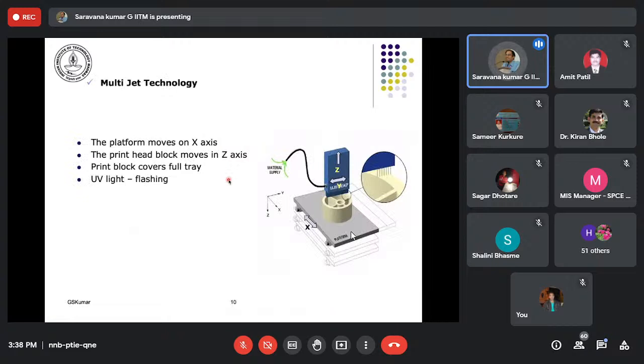And this is a multi-jet technology that I talked about, also called the PolyJet machine, where the material is jetted, again layer by layer. The head has the XY movement, and you have the Z platform moving down.